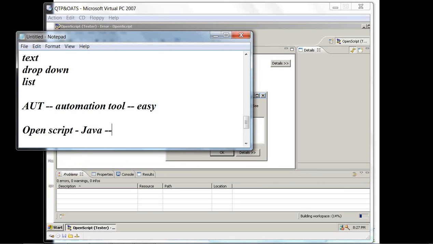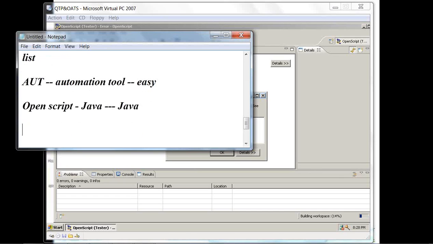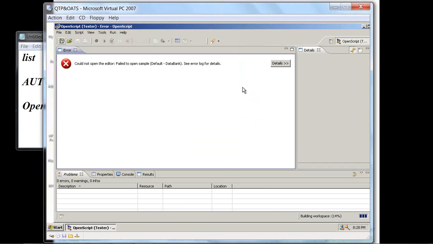Any application which is Java based will be easily recognized. If it is built with any other technologies, it will recognize, but we cannot ensure how much percentage it will recognize. In the later versions, Oracle is trying to fix all those issues, that is the recognition of objects, etc. Meanwhile, it has opened the OpenScript.